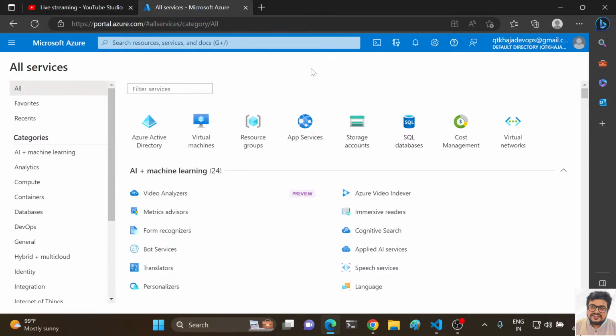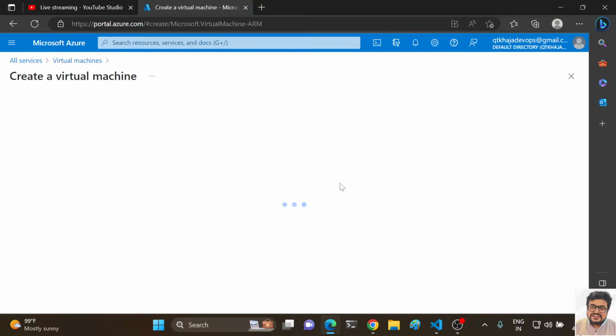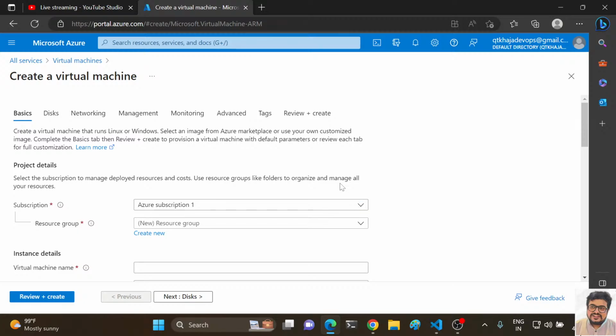Now I want to create a virtual machine, so let me click on virtual machines. Create Azure virtual machine. Generally I don't use Indian regions, but for today's class,